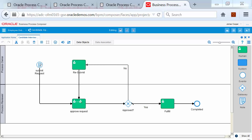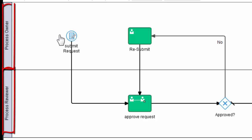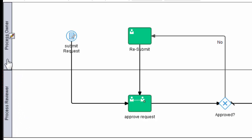Notice in this case, it built a pretty good, simple approval process to start off with. But in the next few steps, we'll customize it for our needs for the approval of employee candidates. Notice on the left, these are called lanes or roles or swim lanes. By default, 2 of these lanes have been created, and I'm going to change these to Department Manager to submit the candidate, and then the Level 2 Approver, which is the manager's manager. I'll do that now just by right mouse button clicking the header, and then